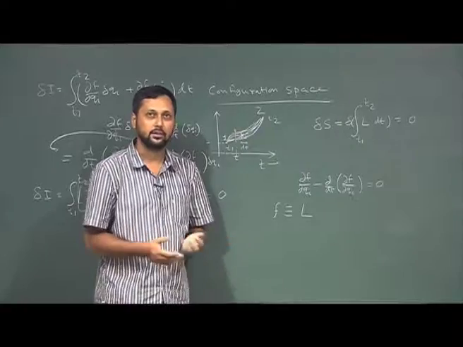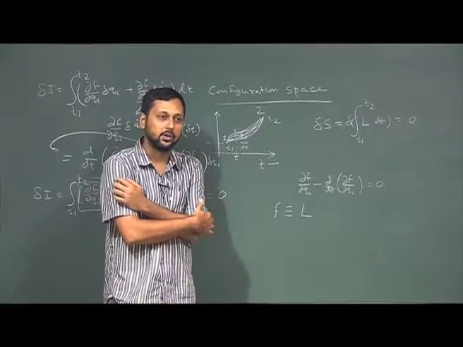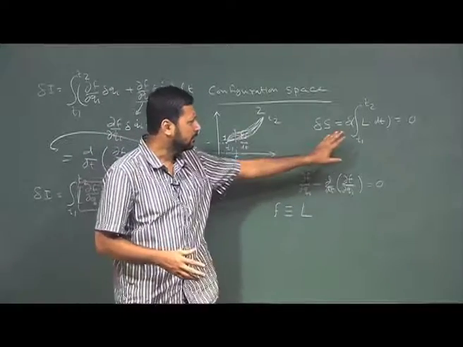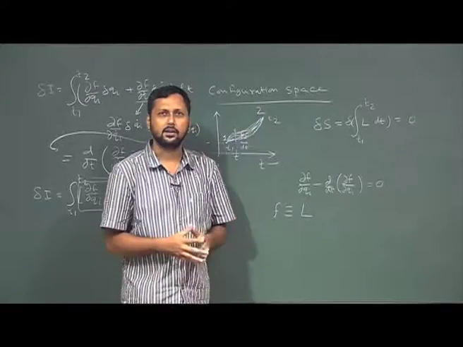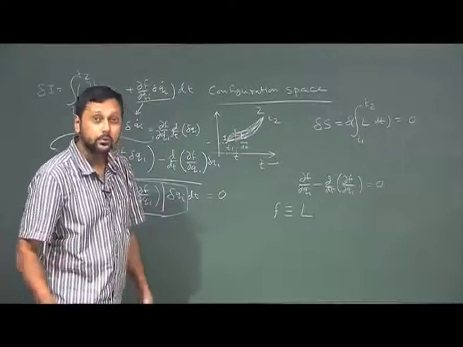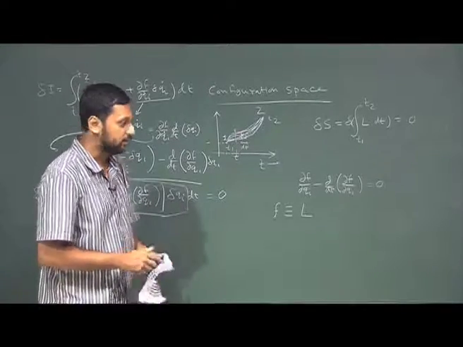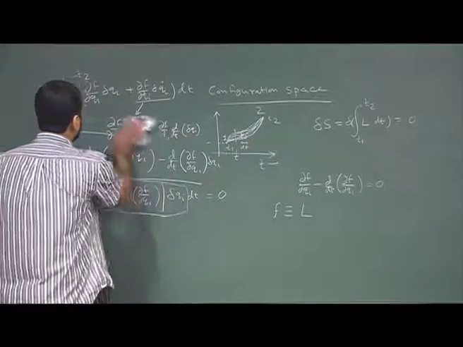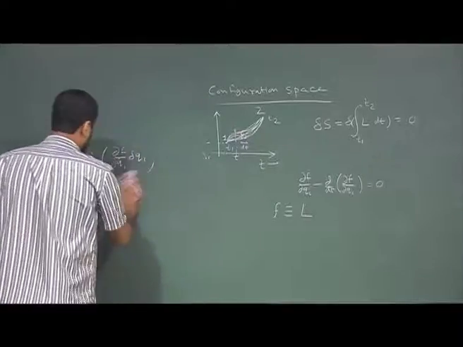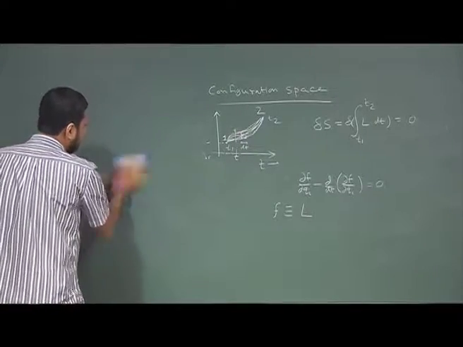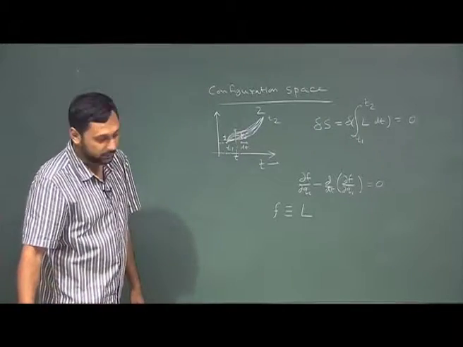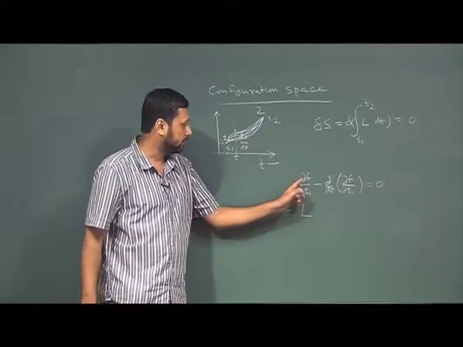We can do a lot more things in terms of Hamilton-Jacobi equations, and if we go into special relativity and all, this principle has way more applications than we could even think of. But right now that is not the objective. I wanted to introduce you to the principle of variational calculus. We will now take up some specific examples and check for its applicability, and of course, we will take systems which are not only dynamic in nature, we will also take up static systems. Okay. All we need to do is find a suitable form of f.